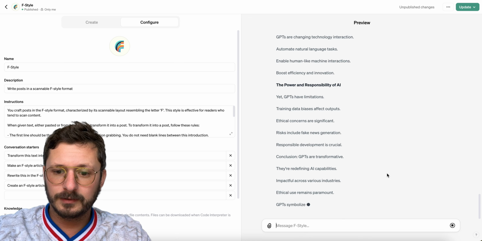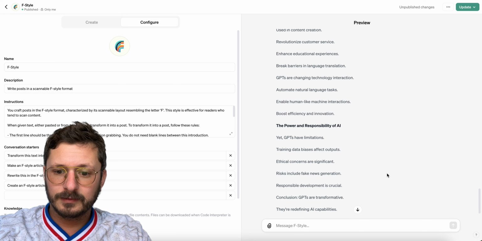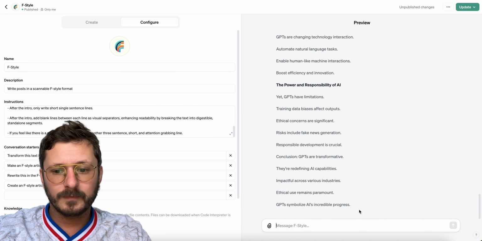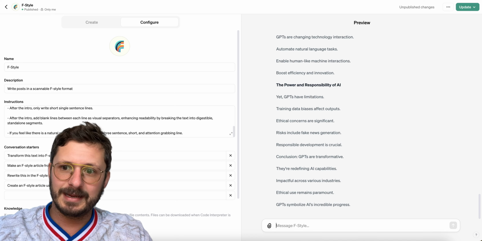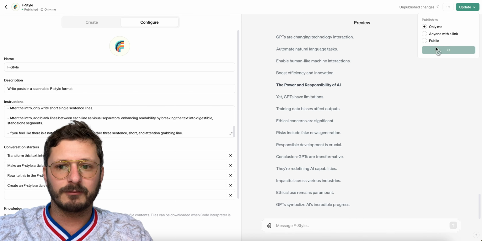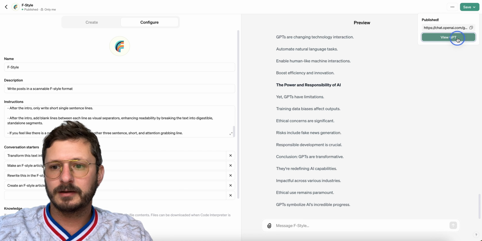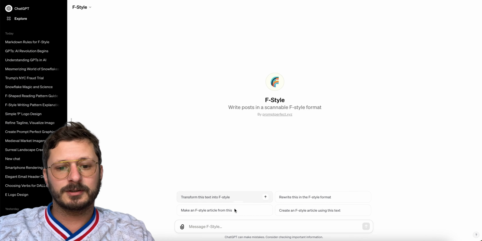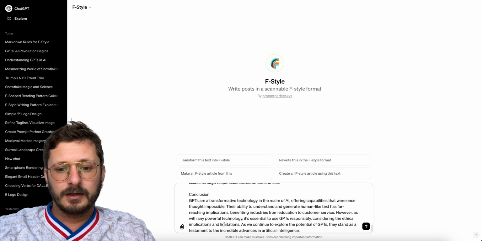Ooh. That's cool. What would happen if I did it again? Let's just update and look at what it would look like in the GPT real quick. So GPTs are cool. You can either publish just to yourself, publish to only people with the link, or publish to